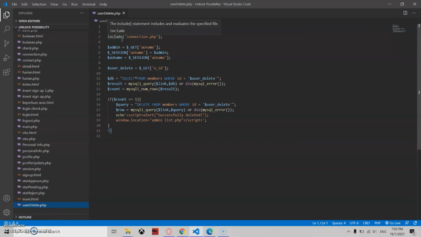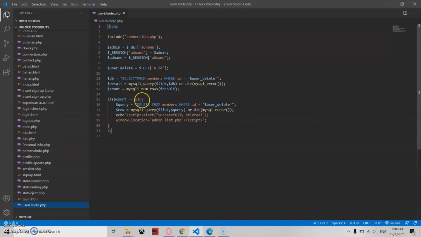In user delete.php, we will get the admin username and get method the user ID. After we get the user ID, we will execute select from members table, where ID is exactly from what we get. We execute the query, and if the query returns 1,